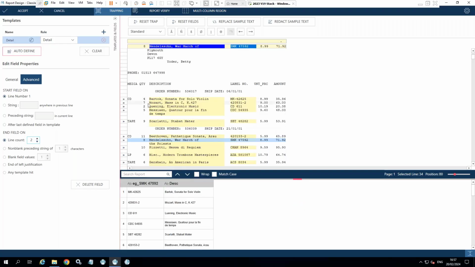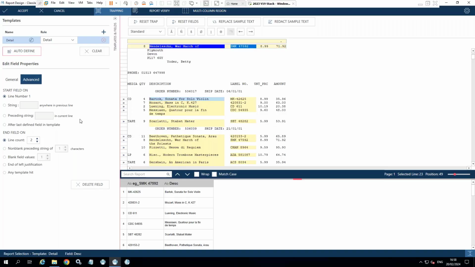And although you might think that's not going to work, remember, it's always going to stop when it bumps into the next template. So taking this first line, it's going to try and get down to the second line because I've told it to use a line count of 2, but it's immediately going to give up because this is defined as a separate template. So you can see actually this is working okay, and it is highlighting okay. Where it maybe doesn't look quite so good is where you've got blank lines underneath it, but they're blank anyway,